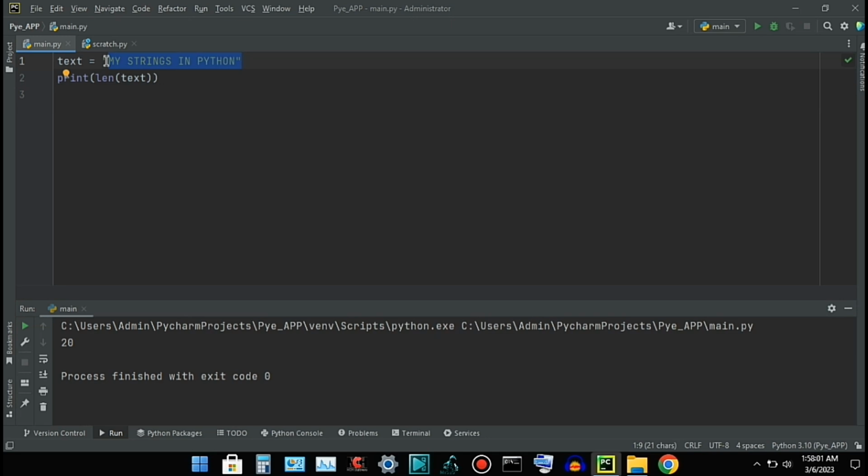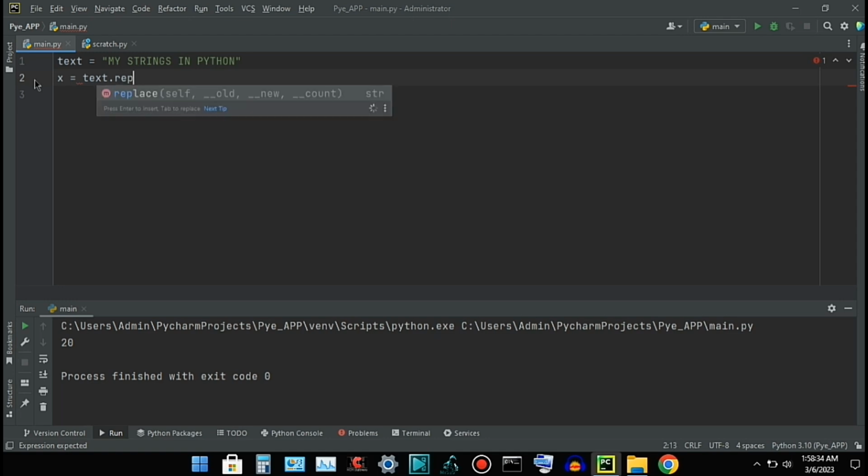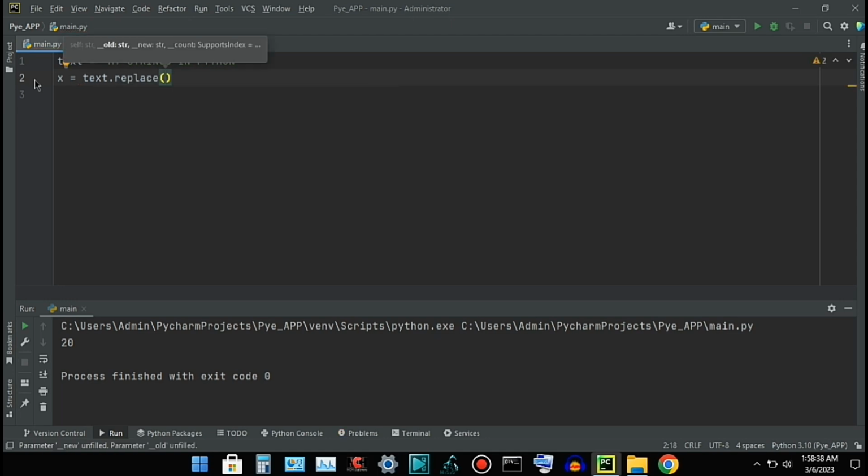Next, we can also replace a part of a string by using the replace function. For example, let's try to replace the text in line 1. To do that, I'm going to say that x should be equal to text.replace, and then here I specify the word I want to replace. I'm going to be replacing the small letter word strings, so I'm going to say strings,